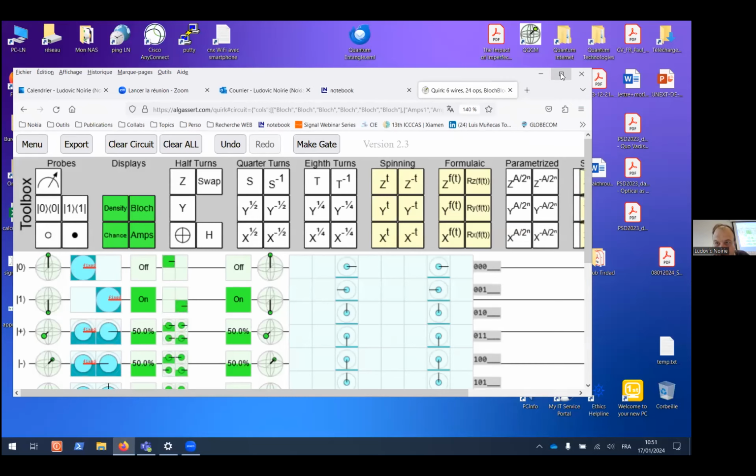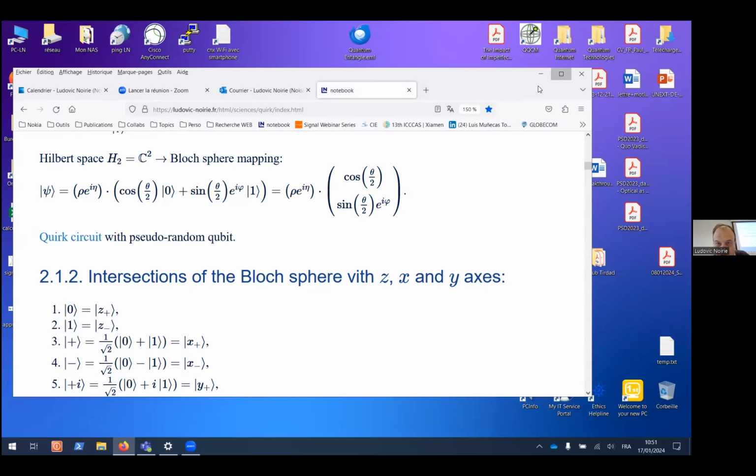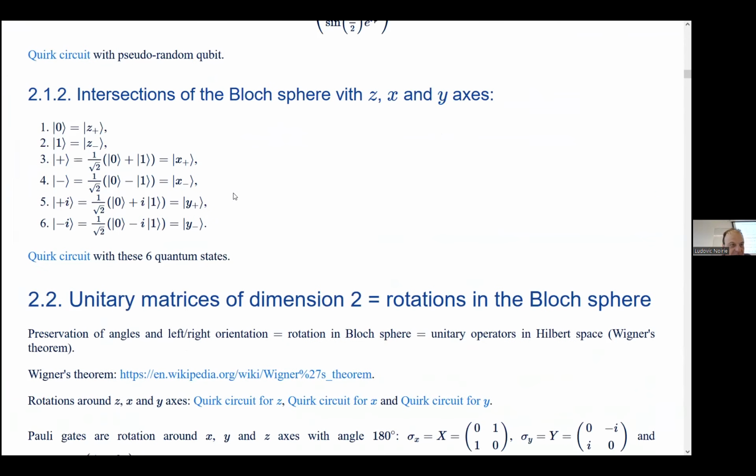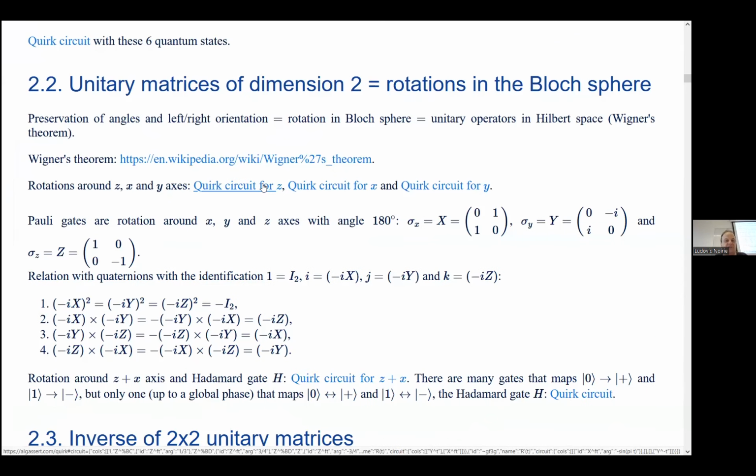So now I will switch again to this and go on with that. Here I just represented some specific qubits, but then one can apply some quantum operator on the qubits, represented in the Hilbert space by unitary matrices. And I remind you, up to a global phase. For the qubits, these are unitary matrices of dimension 2. And because the state can be represented by a point on the Bloch sphere, they correspond to rotations on the Bloch sphere.